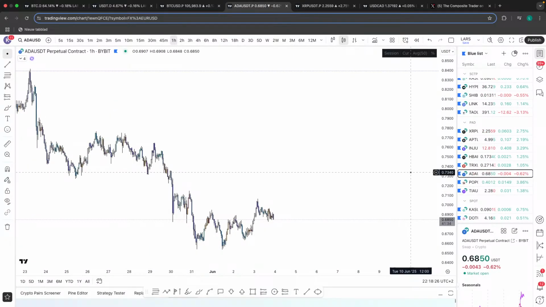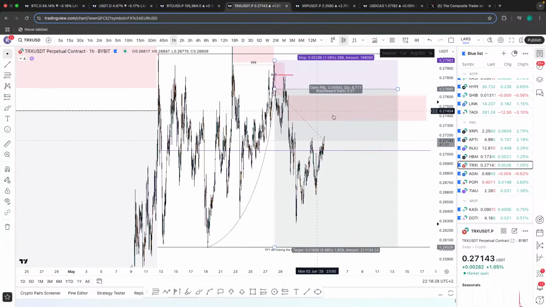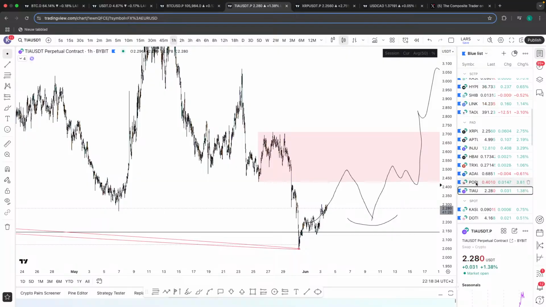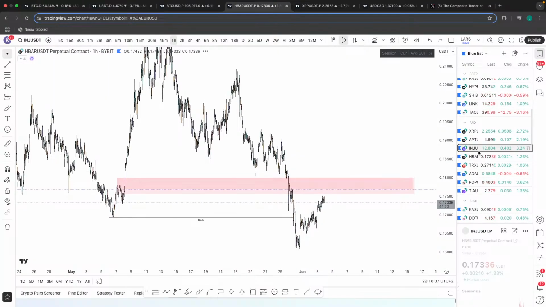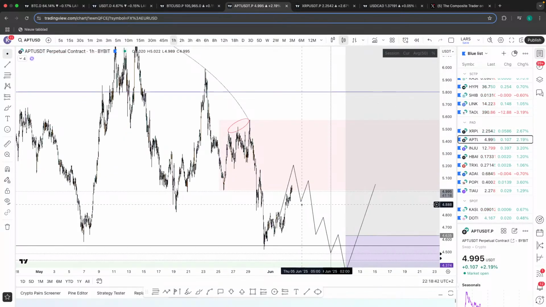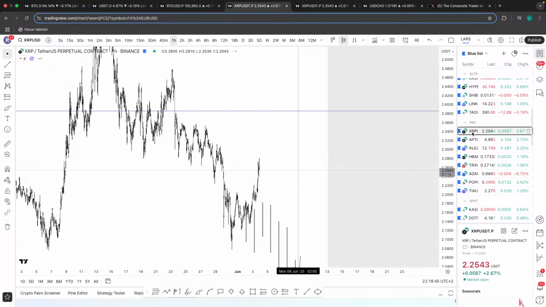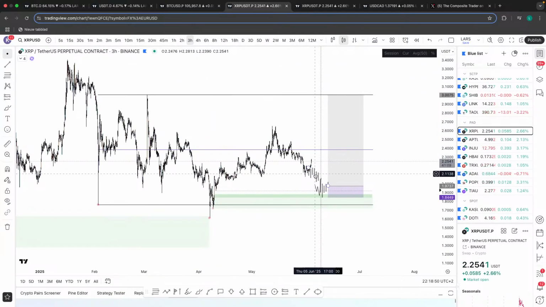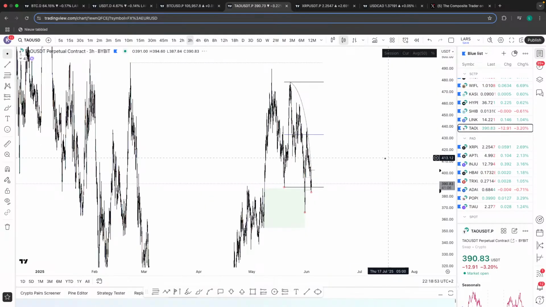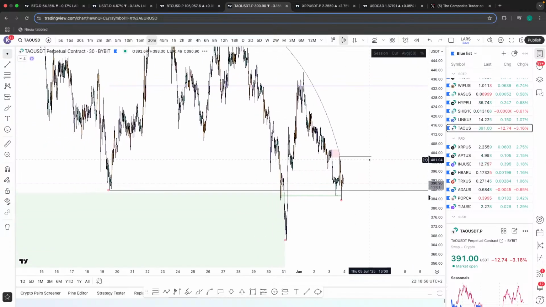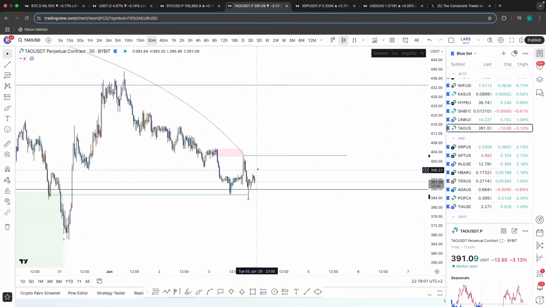TRX as well. Still in that short though. Short is still active on TRX. Still want Injective to come lower as well. I want APT to take out these lows. And obviously we have XRP with the overall higher time frame idea, which is becoming tighter and tighter by the day. And only Tau has some potential accumulative price behavior, but you need to break market structure first if you want to confirm anything significant.